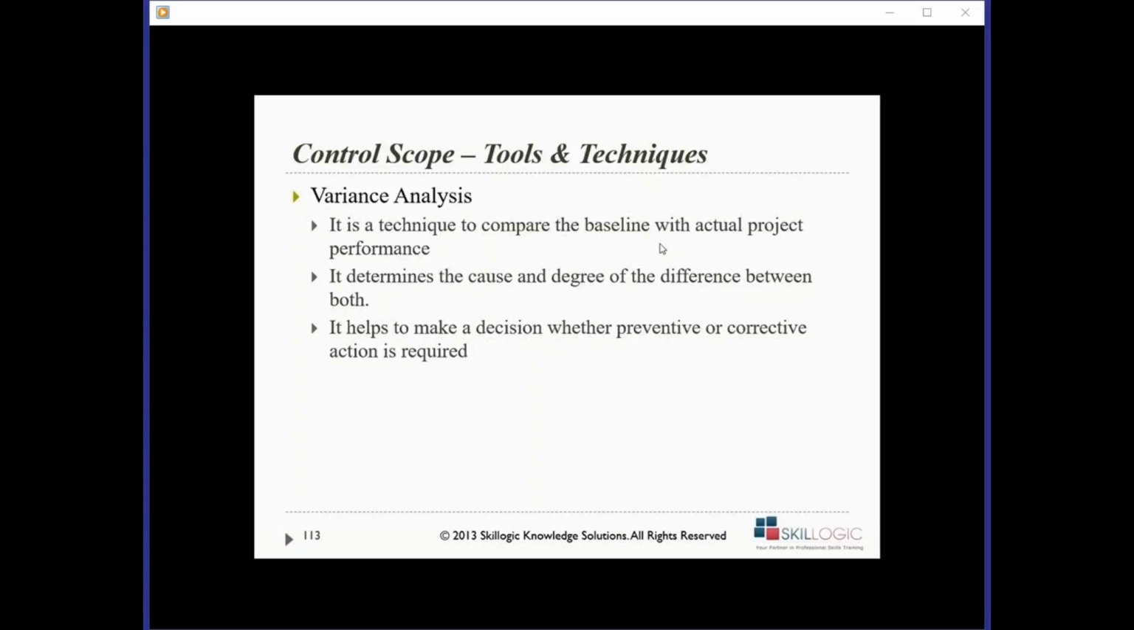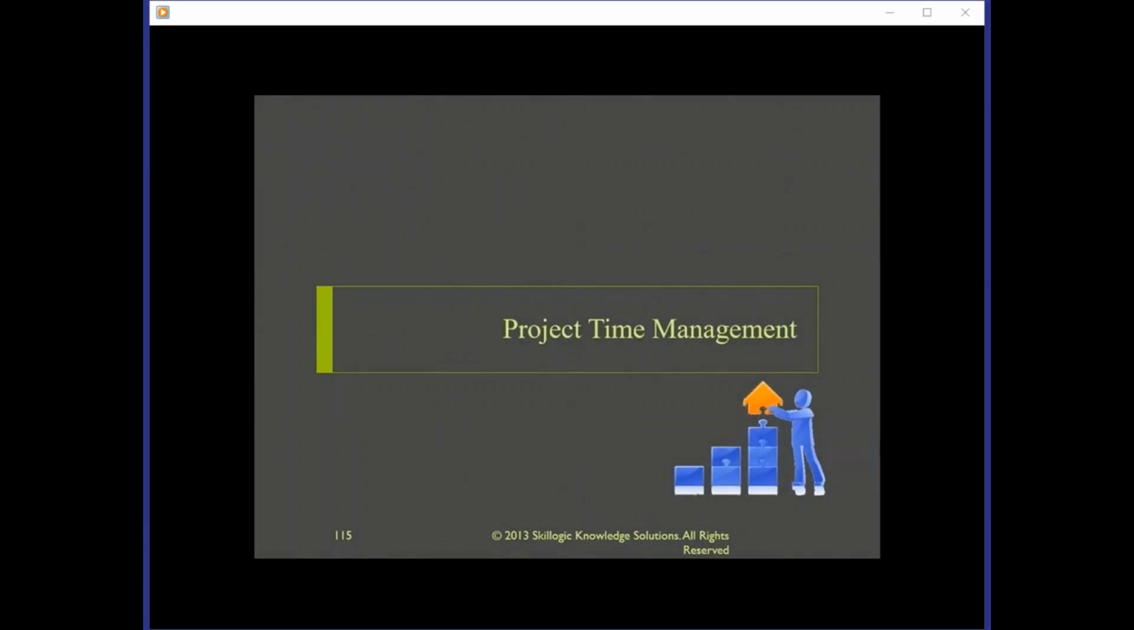That completes the scope management chapter. This is all that we have from the scope management chapter. Now let's go ahead and